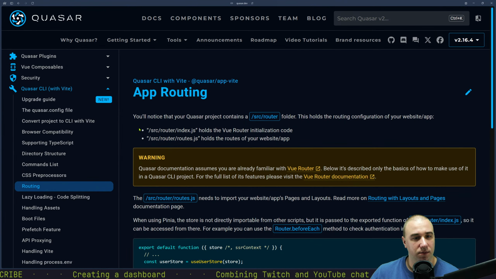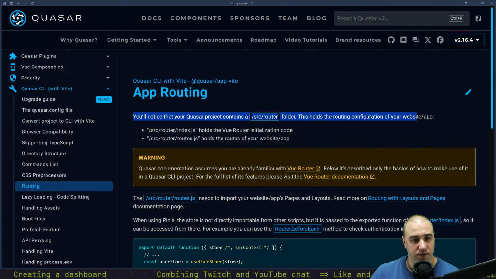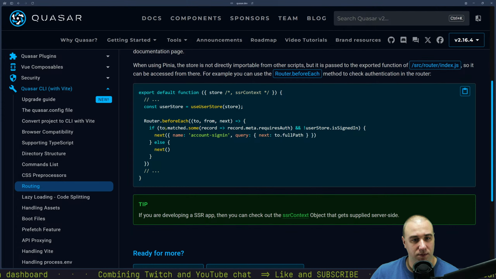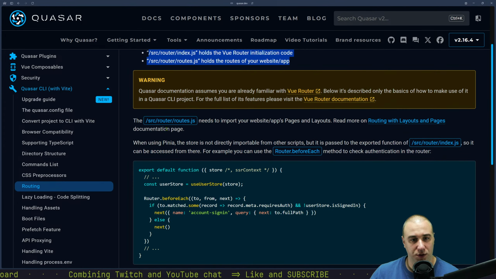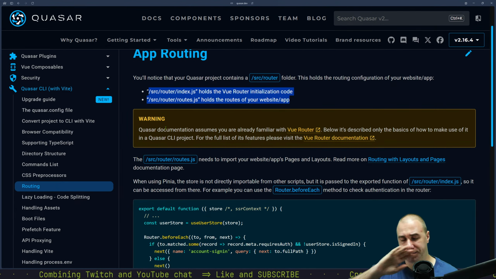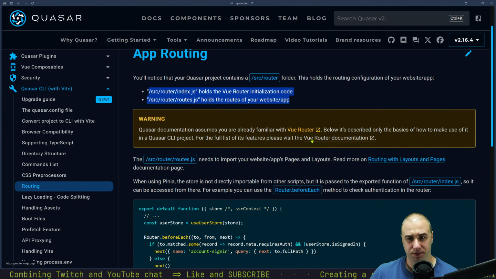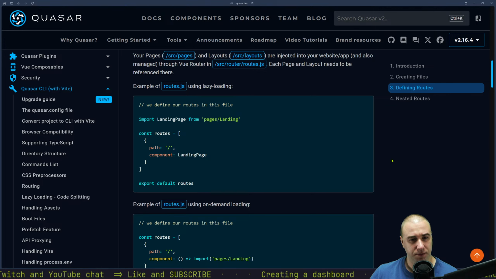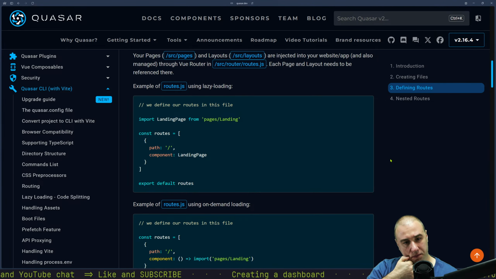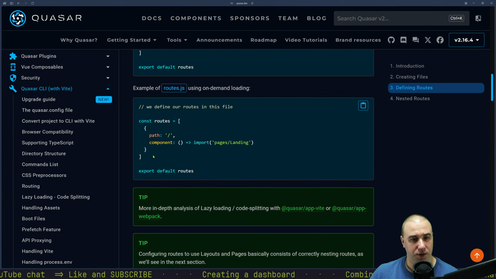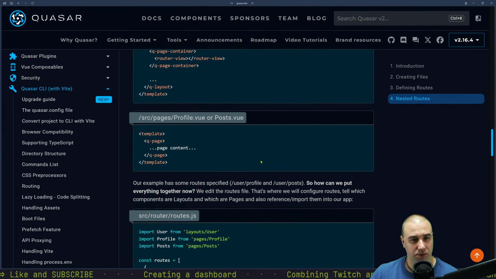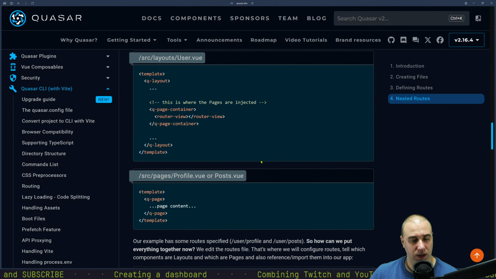Routing. Okay. The Quasar project contains a source router folder. Okay. All that here. You can do beforeEach and that's it. Yeah, we have the first one and then we have... so what